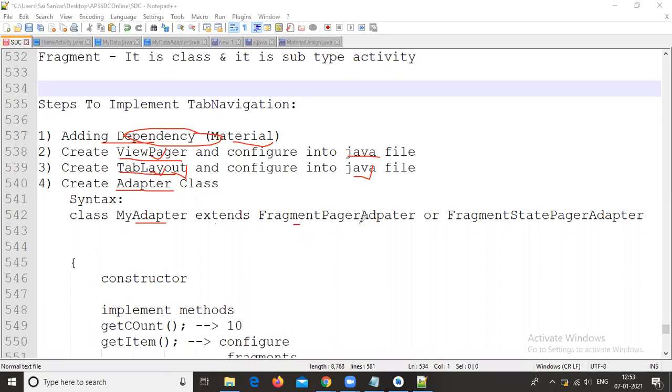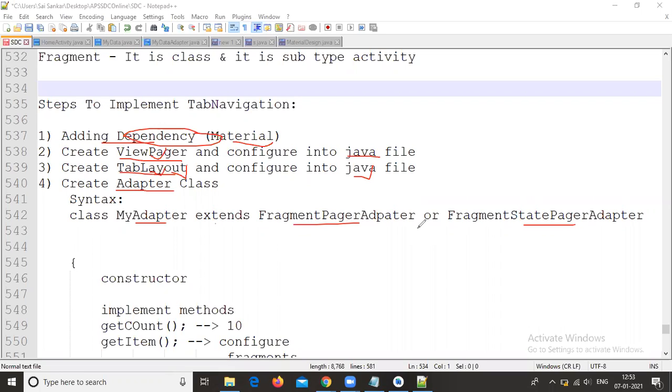That is either FragmentPagerAdapter or FragmentStatePagerAdapter. Both have common functionality.